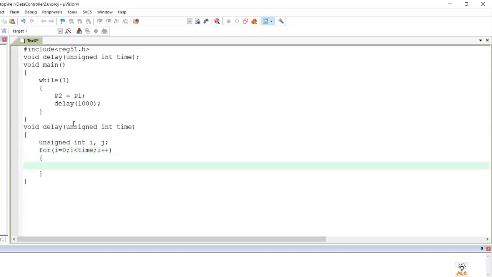And the next is my inner for loop: j equal to 0, j less than 23, and j plus plus. So the inner and outer for loops are both simply to pass the time interval or the time gap between the LEDs.